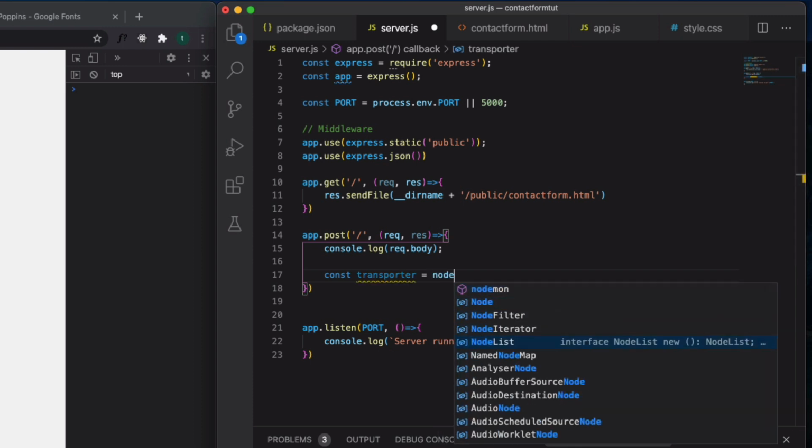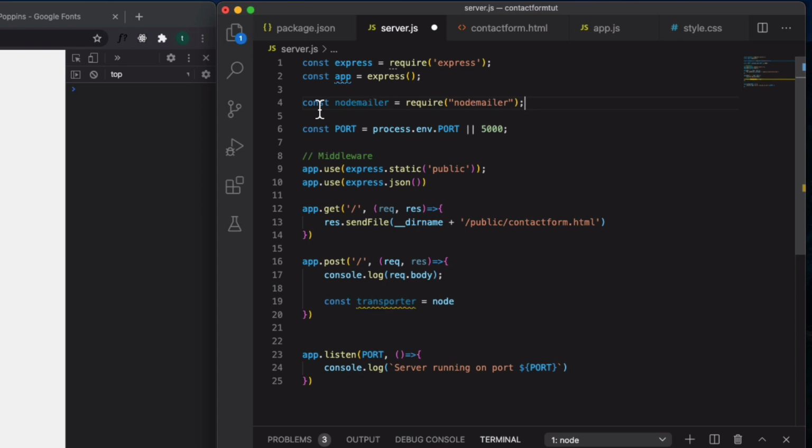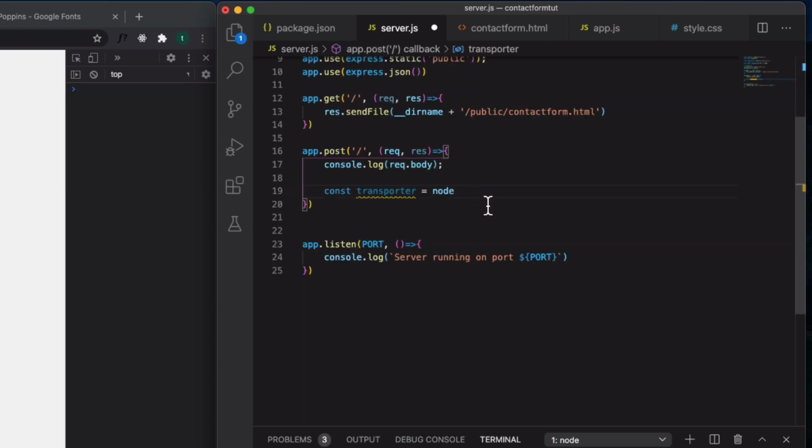Oh, we need to bring in NodeMailer first as well. Sorry guys. In order to do that, we just come to the top of our server.js file and say const NodeMailer equals require NodeMailer. Okay, like so. And now we can say const transporter equals NodeMailer.create